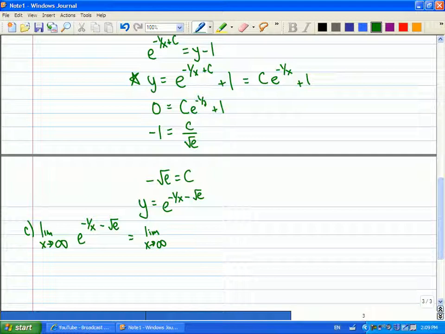What do you think? Okay, yeah, you're right. I'm just going to go a little slower than you had it. So there's going to be a 0 there because when x goes to infinity, this piece here goes to 0. So then that's going to become e to the negative root e. Okay, so I'll put this one